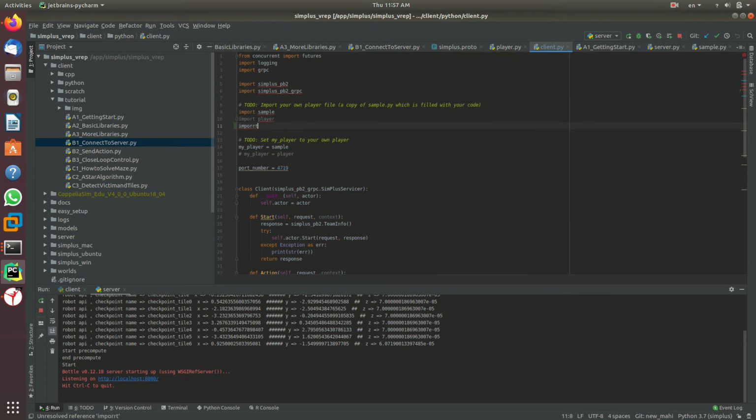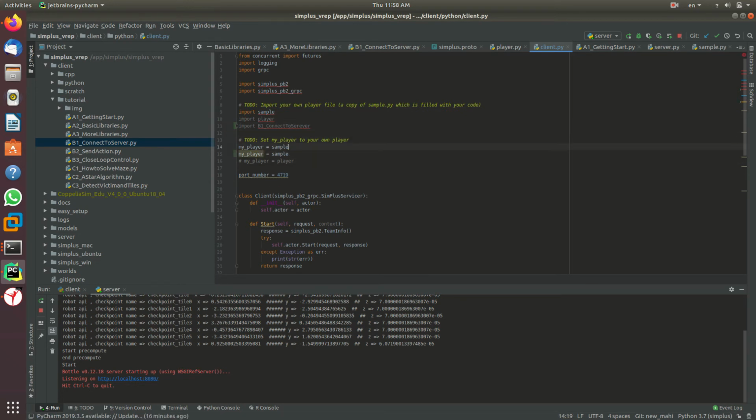So I say import B1, connect to server. Here I comment out the previous one and say my player is equal to B1, connect to server. Now if I run the client code,